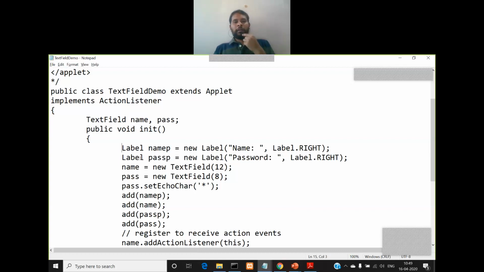We have already discussed about label also. So what is a label? A label is a simple string of text which will appear before an AWT control. Generally we find this in any web application, for example when you are logging into Gmail, when you open the sign-in page, it will be asking you to type your username or email ID in a text field, but above that you'll have a label mentioning what you are supposed to type in this text field. So that is an example of label.